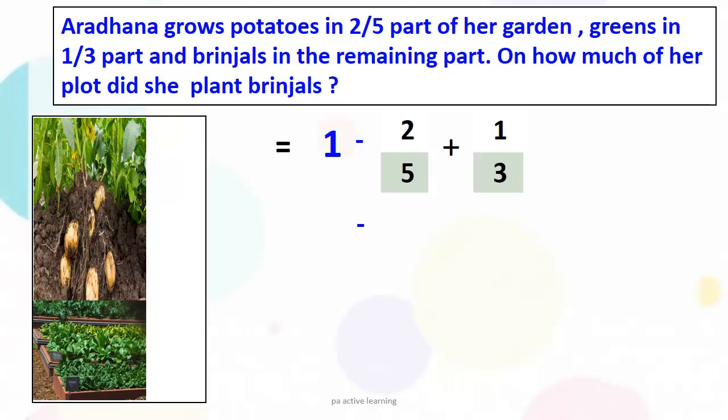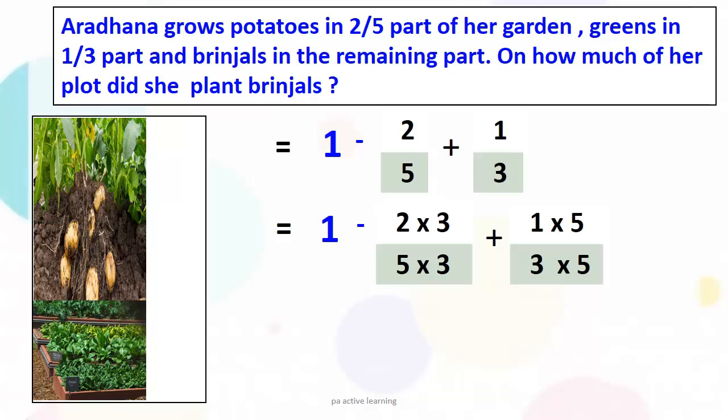5 and 1 is a whole number. 5 and 3 having the different denominators. So what we do? We cross multiply. So 2 into 3 and 5 into 3. Now for the remaining, 1 into 5 and 3 into 5. So equal to sign, 1 below the 1, 2 3s are 6, 5 3s are 15, 6 upon 15 plus